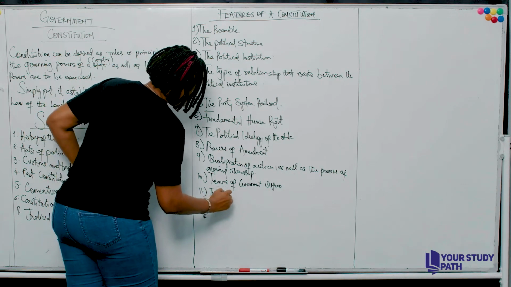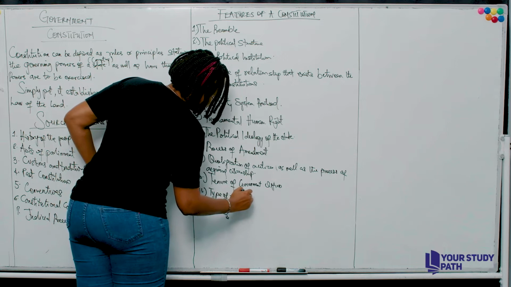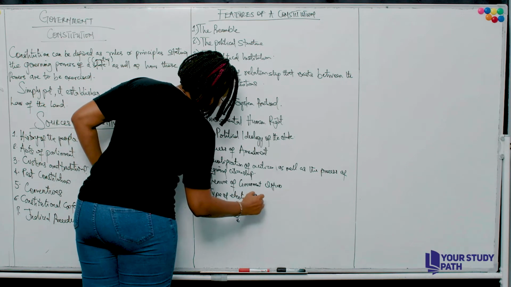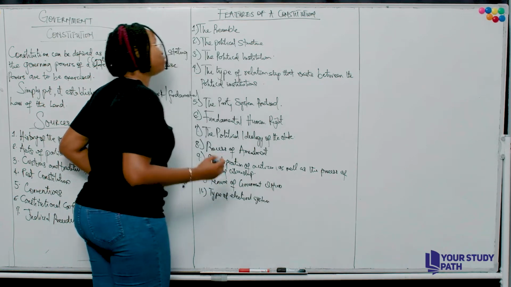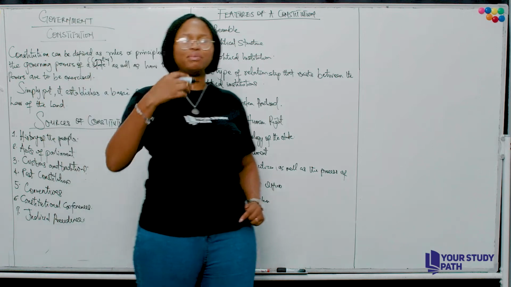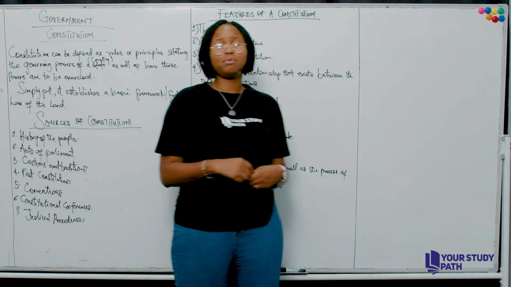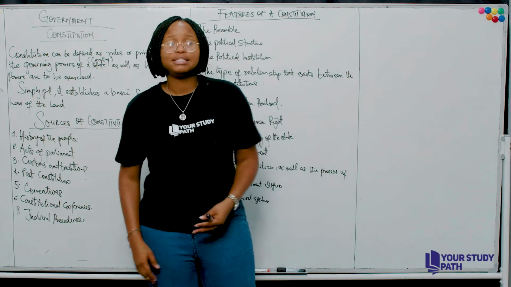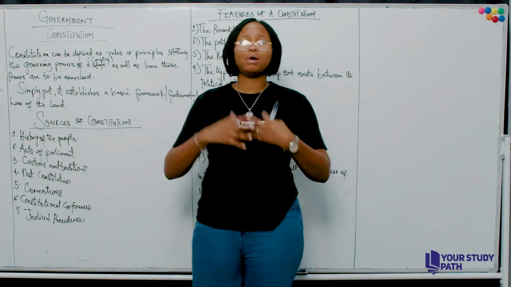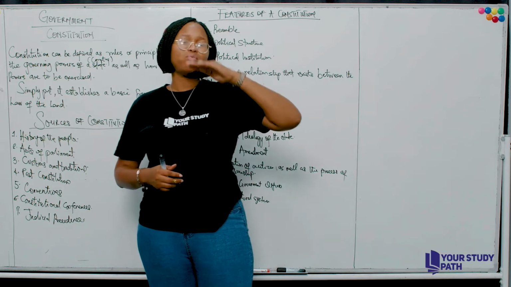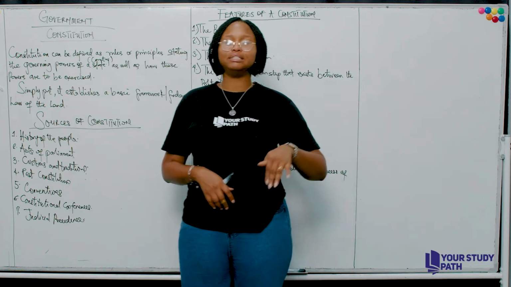Type of electoral system. When we look at the topic electoral system, we'll be able to shed more light. But here, we're looking at how voting takes place. Is it by a simple majority? Is it an absolute majority? Is it a ballot system? However it is done, it must be included in